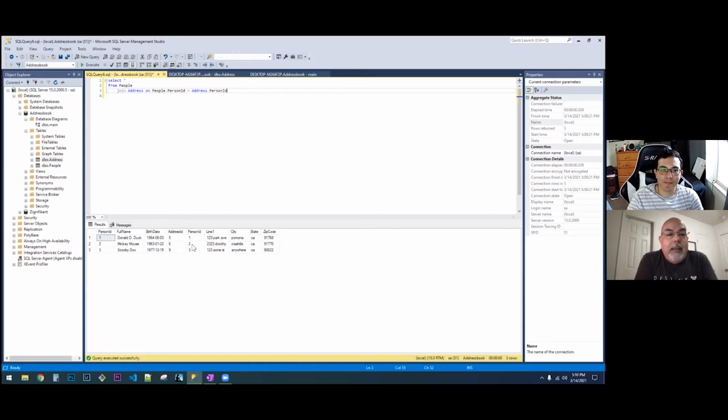We don't really need that second person ID, right? So how do we get rid of that? I'm going to assume that we have to stay in the tab, and then we'll delete. I wish it was that easy, Jonathan. We actually, instead of putting a star, we have to put every field that we want. Okay. So get rid of the star, and you're going to type in person ID,